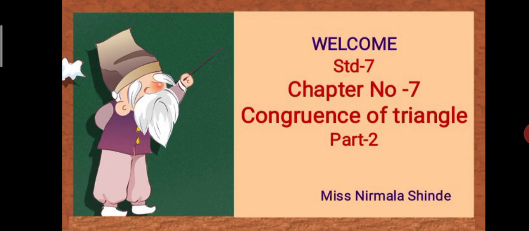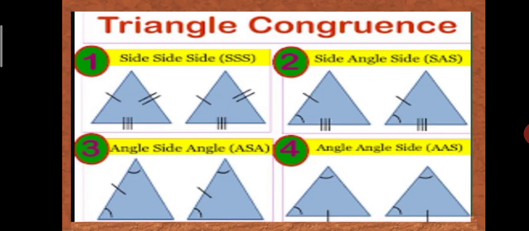So students, today we are going to study the criteria for congruence of triangles. We use triangular structures and patterns in our day-to-day life. So how do we find out when these triangular shapes will be congruent? For that, we are going to study the criteria for congruence of triangles. Four are given here: side-side-side, angle-side-angle, side-angle-side, and angle-angle-side. Okay, so let's see one by one.